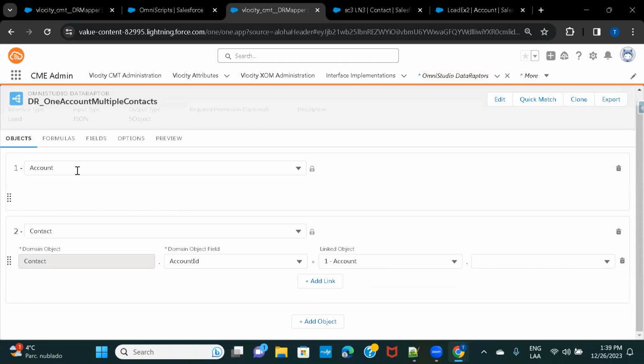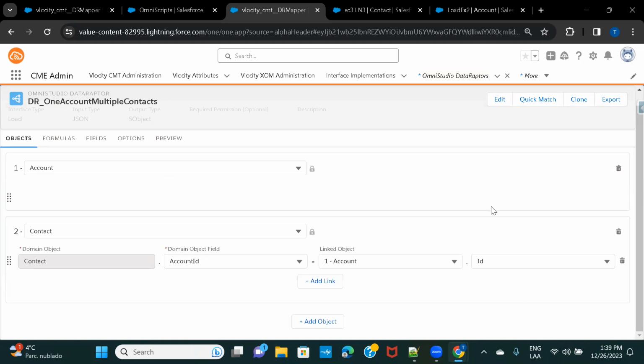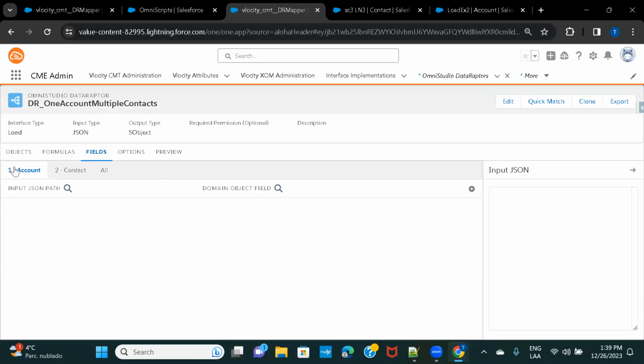The object is this one. And here we have to search for the ID. Okay. Contact's account ID is equal to account's ID. Okay, that is how we are linking these two objects. Once the objects are linked, let's just go to the fields. Okay, so in the fields for account,